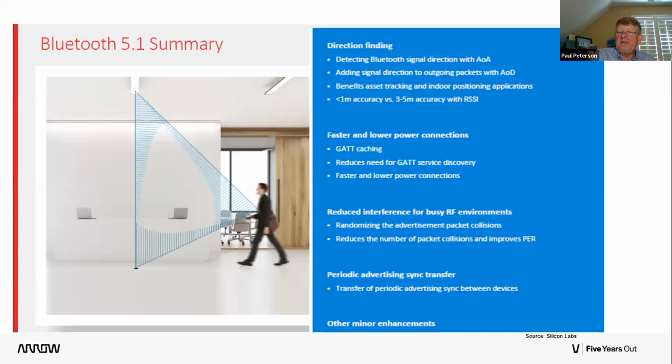5.1 primarily added the ability to do direction finding. While we had certain things like proximity mode, Bluetooth itself was not necessarily good for finding our keys. You may have seen things where you put a tag on your keychain, take your phone, press a button. It wouldn't tell you where your keys are. It might actually just actuate an audio interface on there. 5.1 gives us the ability to determine which angle the radio signals are coming from. It's kind of a cool feature that's been added there.